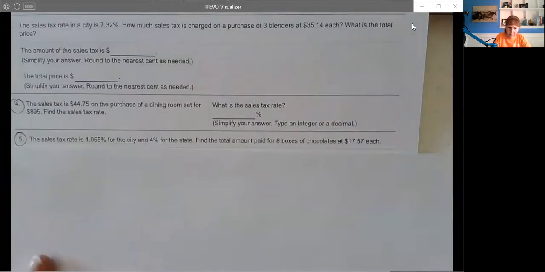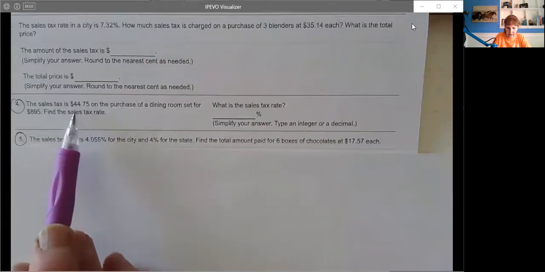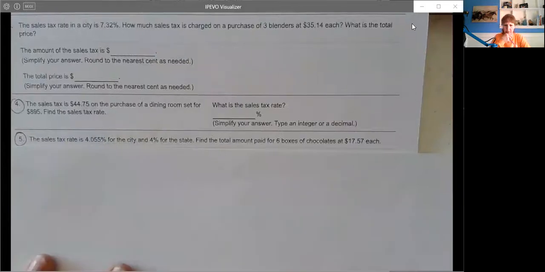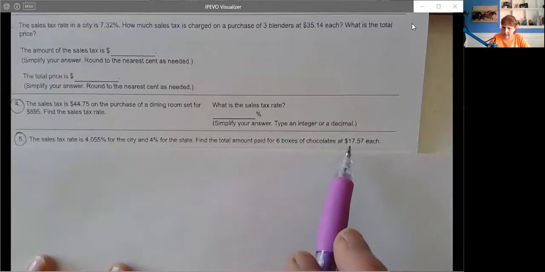Okay, so we're looking at number 5, so ignore number 4. In number 4, they want the sales tax rate, so you just take the tax divided by the amount. But anyways, the sales tax is 4.055% for the city and 4% for the state. So the state wants 4% of your money and the city wants 4.055% of the price of the object. Find the total amount paid for 6 boxes of chocolate